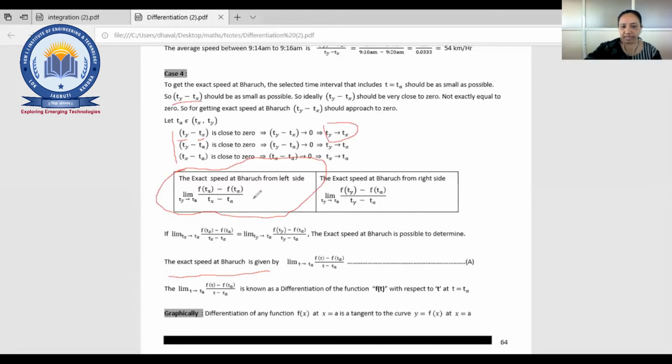So it can be written, this is the basic equation, f(tx) minus f(ta) upon tx minus ta. Now here it is written what? Limit ty tends to ta. So the meaning is what? Ty is approaching ta, or in simple language, very near to ta but not ta. Because if we take ty equal to ta, then obviously that difference is supposed to be 0 for our particular example. So it should not be 0, right? Limit ty tends to ta means ty is very near to ta. That is the meaning of that.